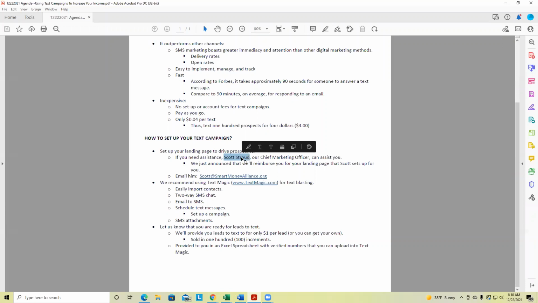Mr. Rich is asking about the free landing pages. Yes, so we announced yesterday that if you need a landing page, you'll get with Scott. He'll get it set up. There is a cost, because there's a cost incurred with that. And then as long as you stay compliant as a white label partner for 2 months, then we reimburse that back to you. So that was announced, I believe, yesterday on the live training, was sent out to everyone, and that still stands. So Mr. Rich, let me know if you have any questions on that.